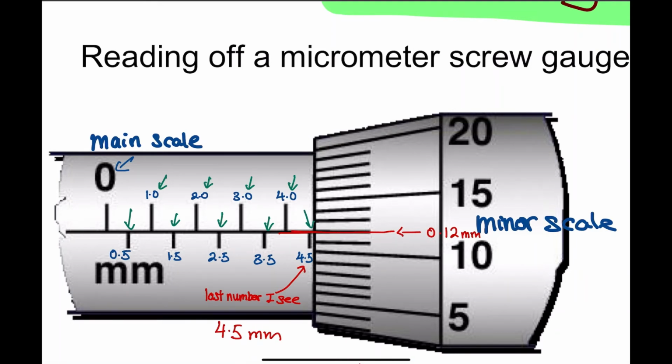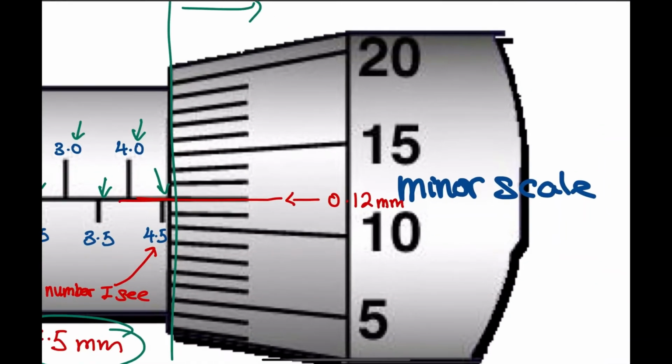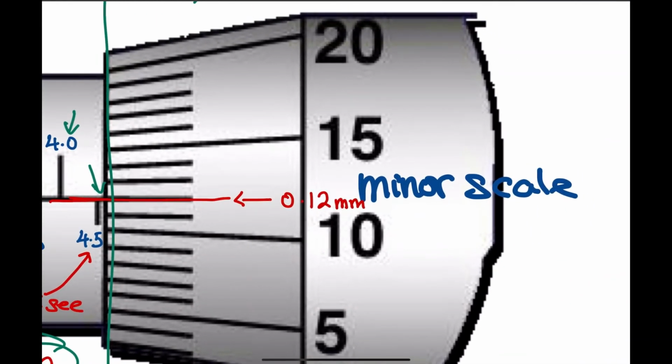This is 4.5 mm. Next thing, you turn to the minor scale, which means we are looking at this part. The line that coincides with this is 10, 11, 12, 13, 14, 15. The number that is aligned to it is the 12,